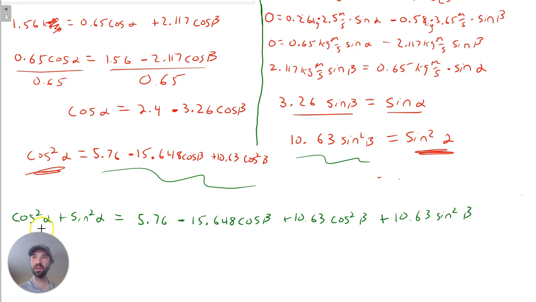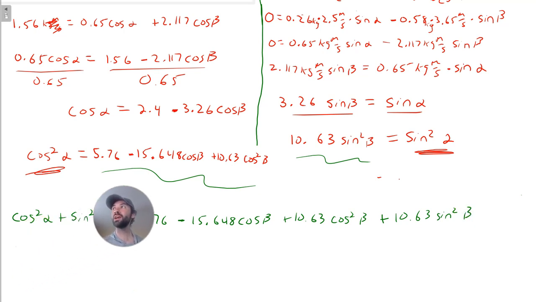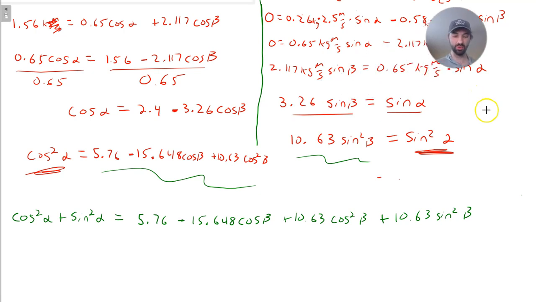And this whole thing right here, we now get to say is equal to 1 because of our trig identities. I'm just going to rewrite this other side: 10.63 times cosine squared beta plus sine squared beta